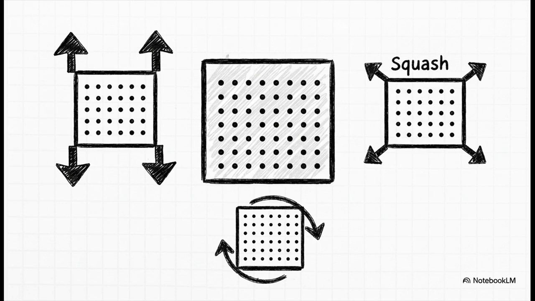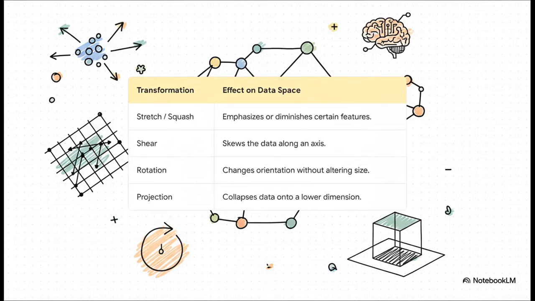A matrix can literally stretch that space out, squash it down, or rotate the whole thing around. And each one of these transformations gives an algorithm a new way to look at the data, right? Stretching might emphasize the features that really matter. Squashing could get rid of irrelevant noise. And projection? Well, projection can collapse thousands of dimensions down to just a handful, which helps us see the hidden